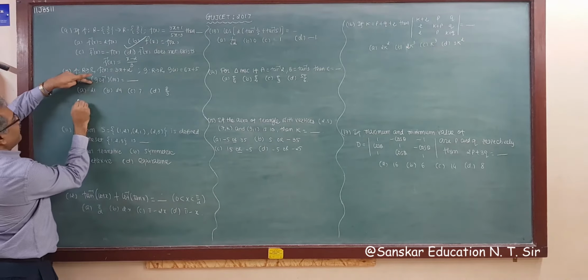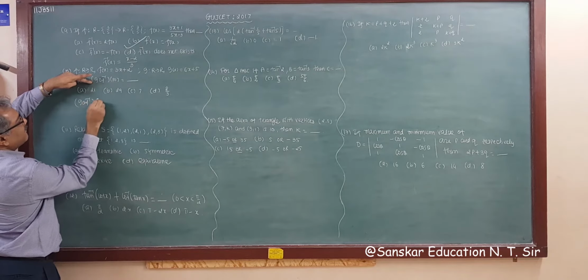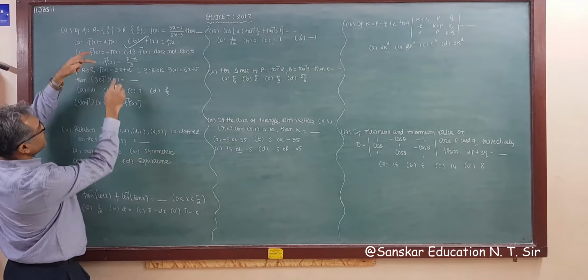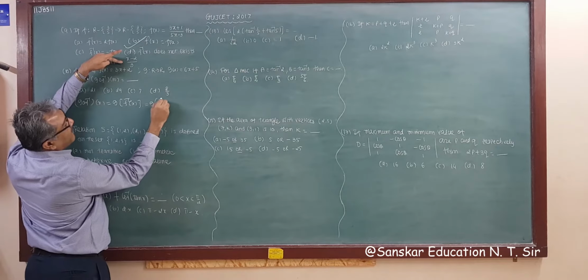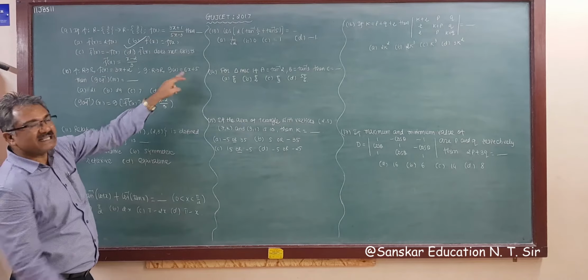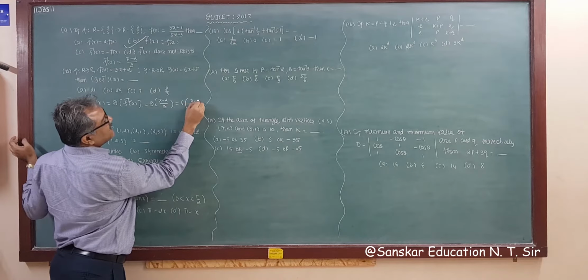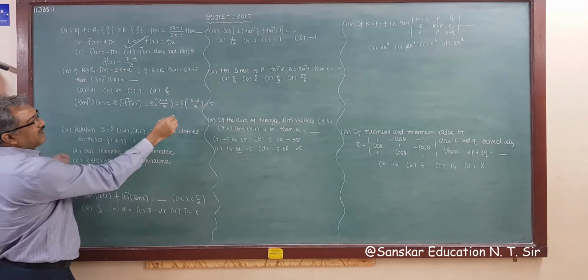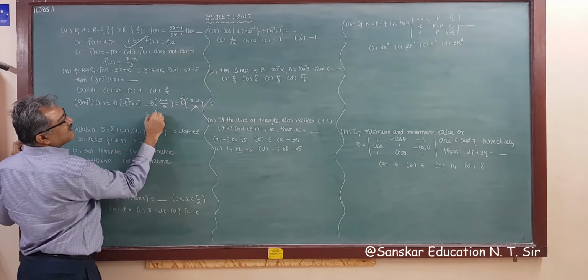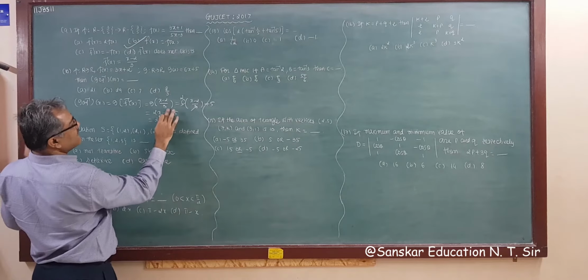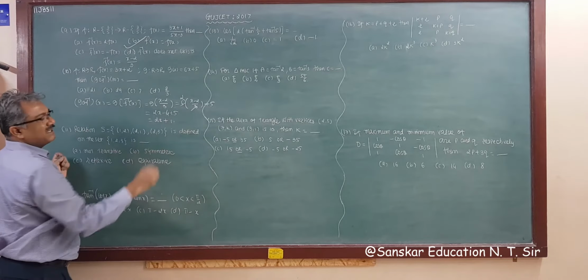So now g o f inverse. (g o f inverse)(x) is equal to g of f inverse x. Now f inverse x is this, so this is g of (x minus 2)/3. Now the definition of g is 6 times the bracket, so 6 times (x minus 2)/3 plus 5 is the answer. Now 3 into 2 is 2, so the answer is 2(x minus 2) plus 5, that is 2x minus 4 plus 5, that is 2x plus 1.